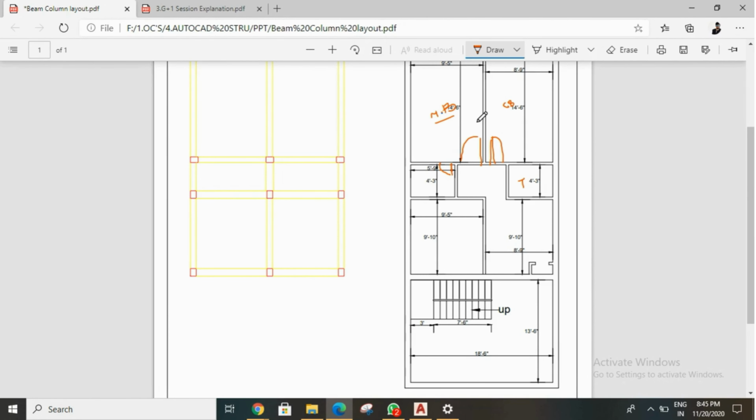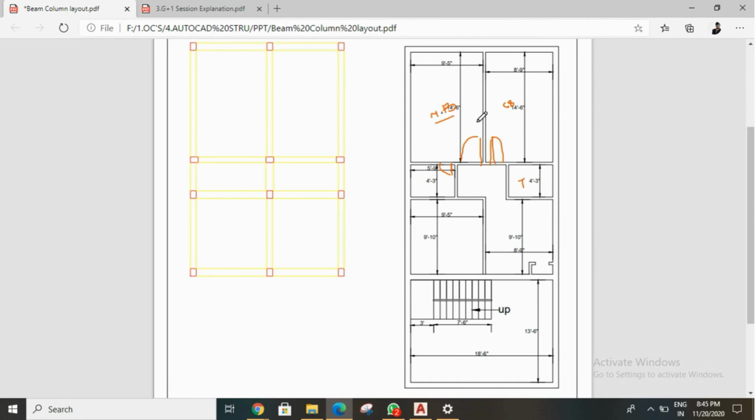Whenever we are deciding room positions, the master bedroom always has an attached toilet. But for the children's bedroom, we don't need to give an attached toilet. However, the client may specifically ask, I need two attached bathrooms for two bedrooms. At that time, we need to make it so. If the client doesn't need an attached toilet, I will give a door here. Otherwise, if